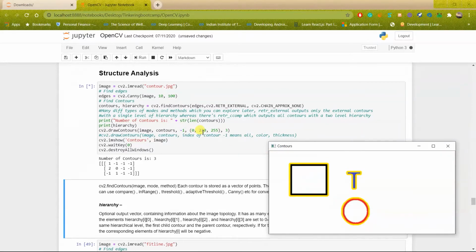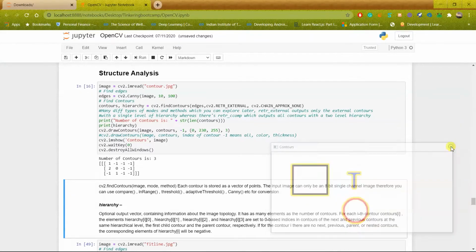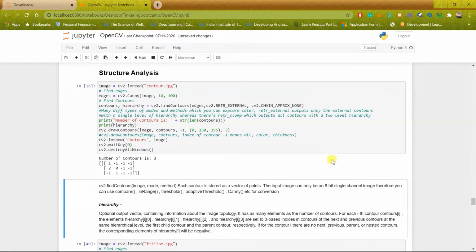Okay, so if you use something like RETR CComp, then it outputs all the contours. So you can play with them. There are not many different types of contour methods, but you can use RETR external and RETR CComp as the basic ones.